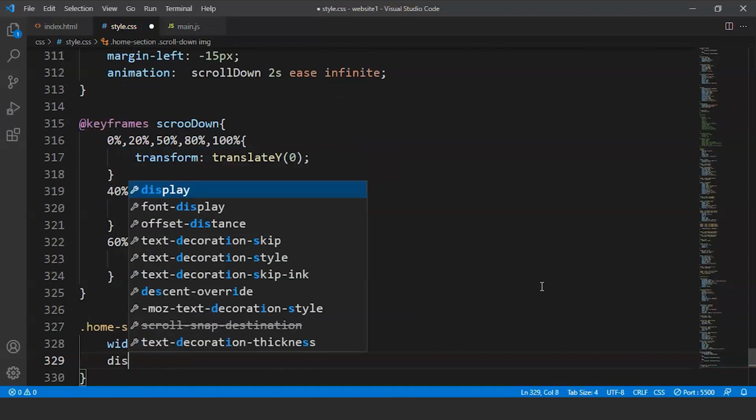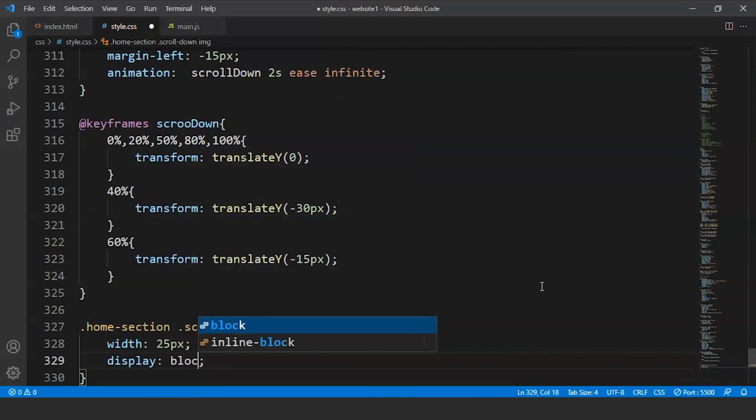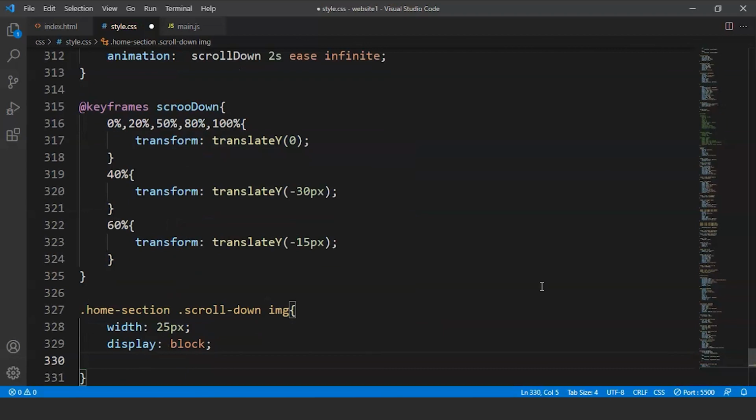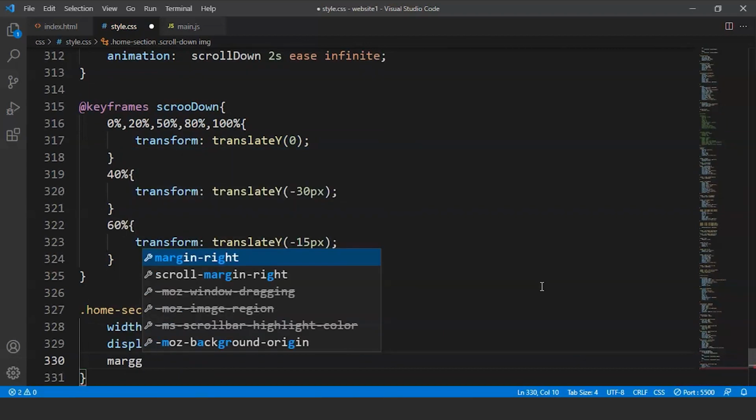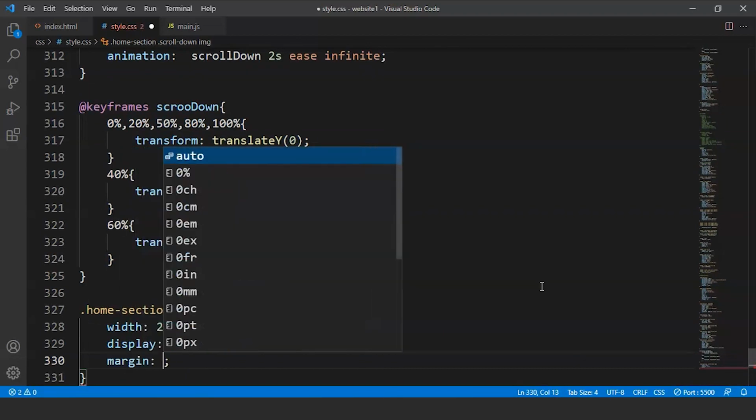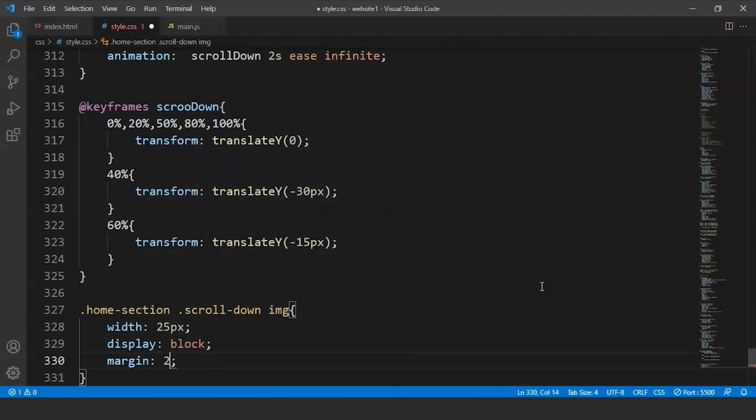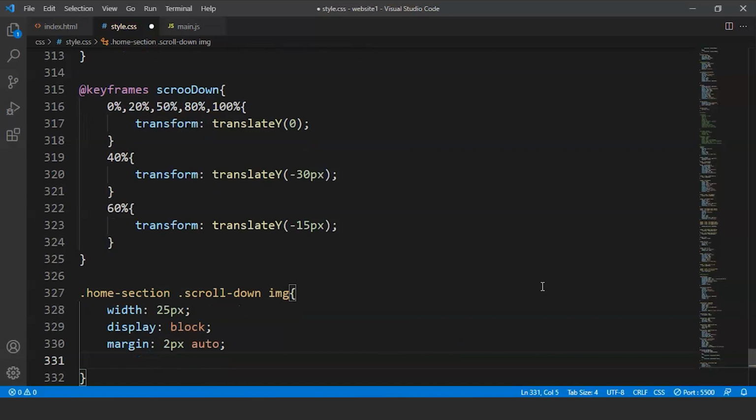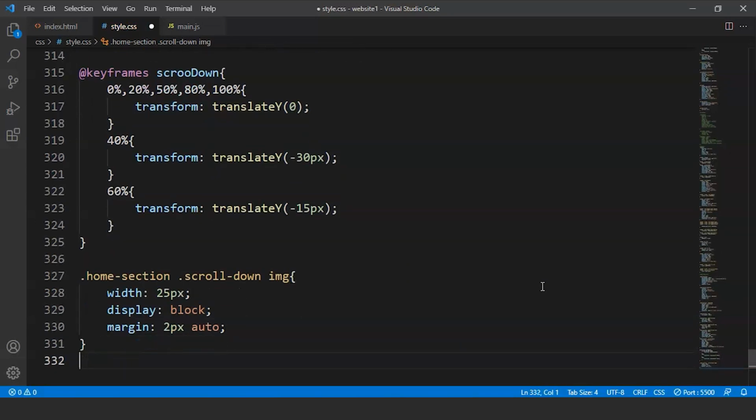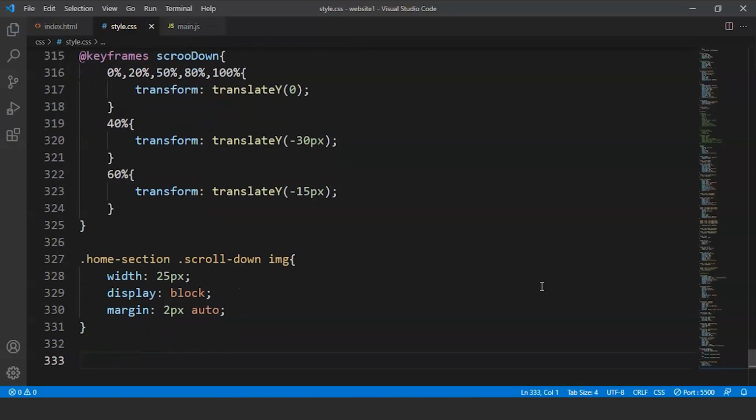Then we have display is going to be block. Then we have margin, so we'll write here margin is going to be 2 pixels auto. Then we have this for the home section only. So we are done with the home section. Save the program,